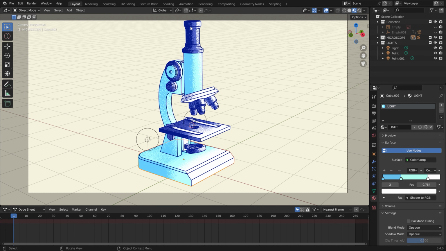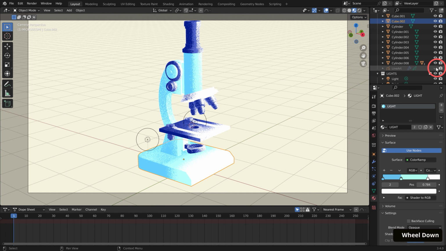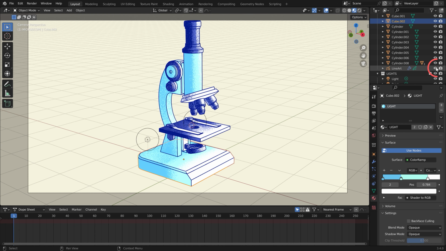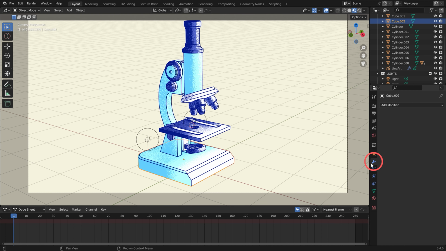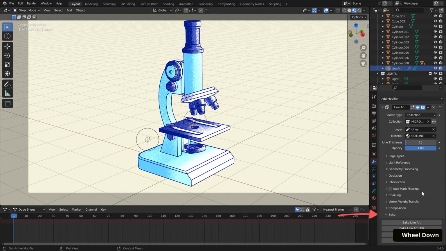Back to the line art, if you have any other edges where you want the outline to show up, you can just mark them in this way. Now, if you find your system is slowing down because of this, you can either hide the line art in the outliner, or you can try baking it. To do that, go to the Modifier Properties tab. Under Bake, select Bake Line Art, and it'll take a few moments depending on your system. However, I advise holding off until finishing the rotating turret, which we'll do in an upcoming part.